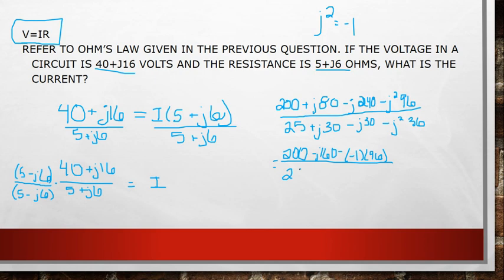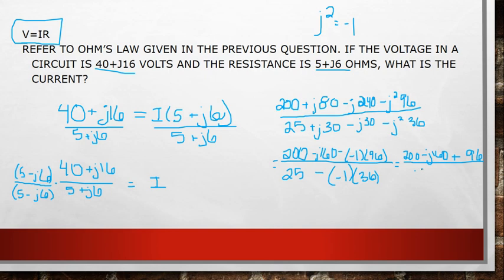So now I have a 200 minus j160 plus 96 when I multiply that out over a 25 plus 36. Combine like terms, I get a 296 minus j160